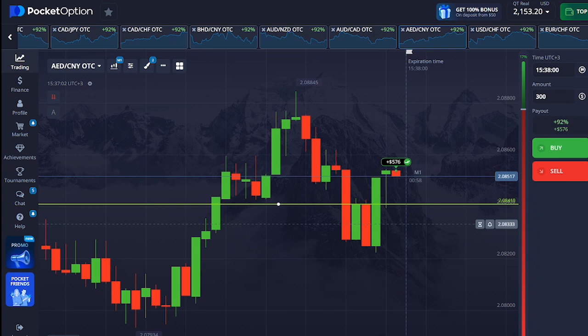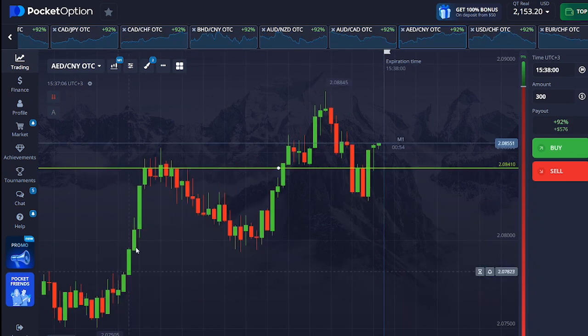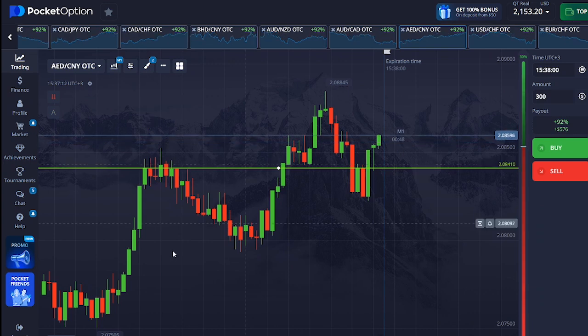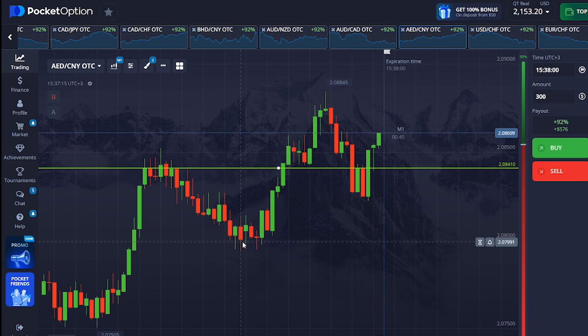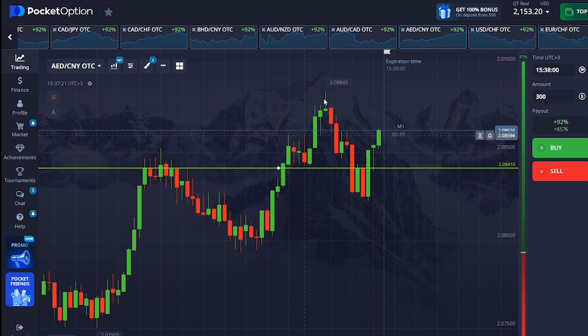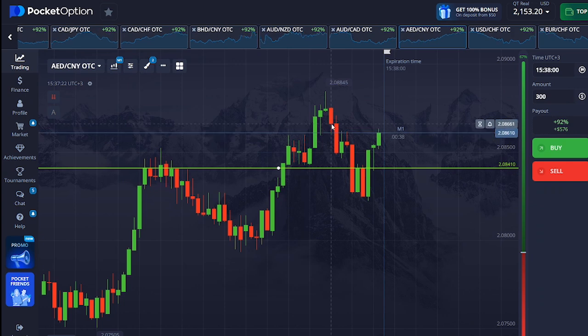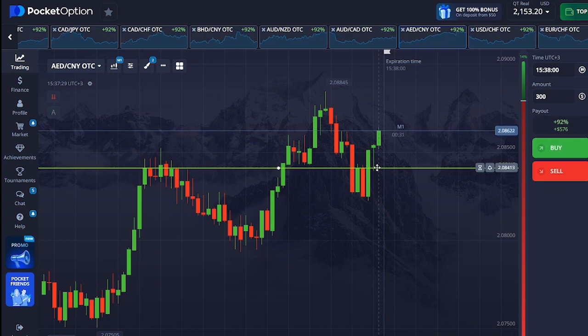So the reason I took the trade, as you can see here, we have an uptrend, then we consolidated at this point right here. So this is called a bullish flag, this one right here. Then once the bullish flag has been broken, we expect an uptrend. So once we came back to this demand area, we could have confidently taken a trade with the buyers.